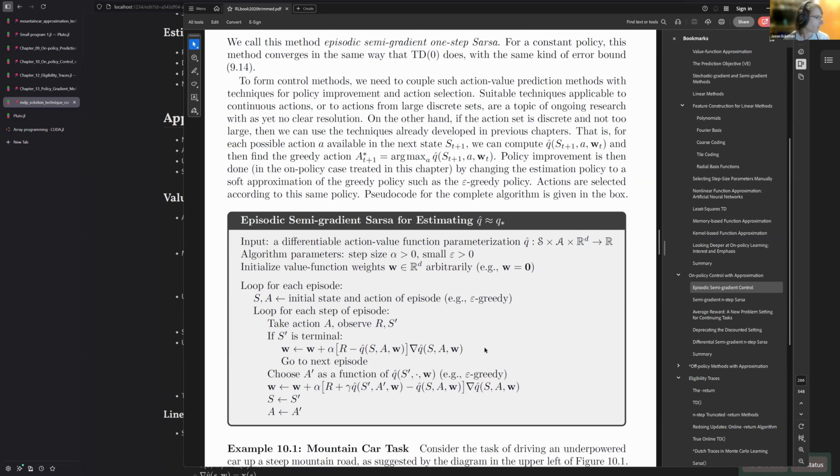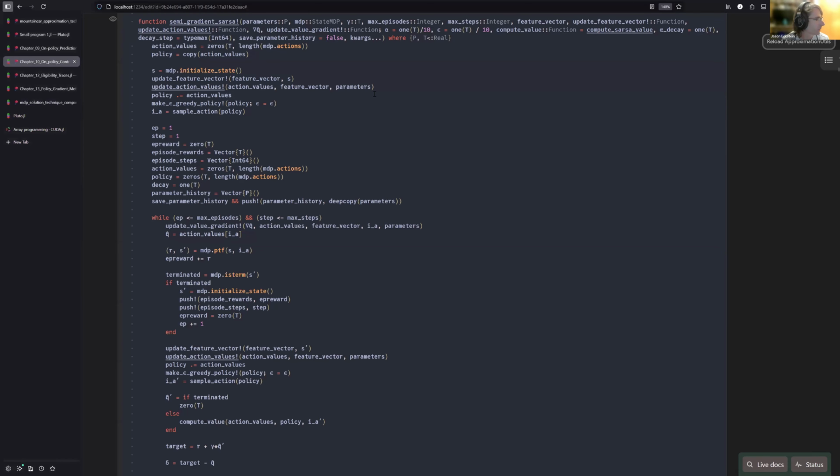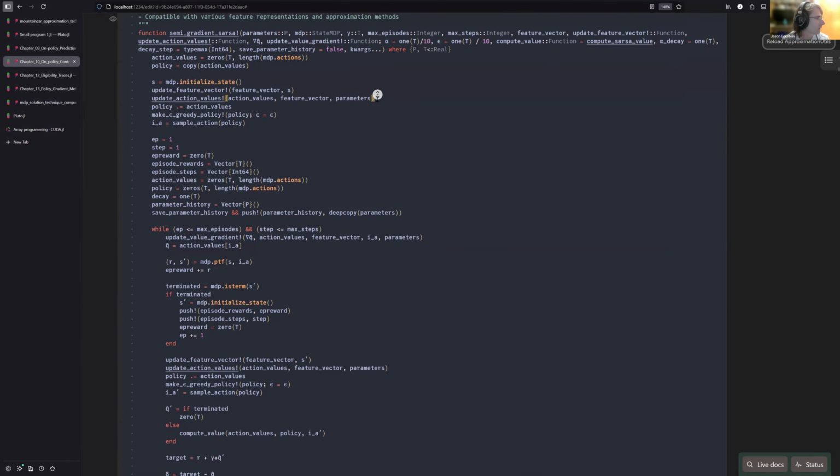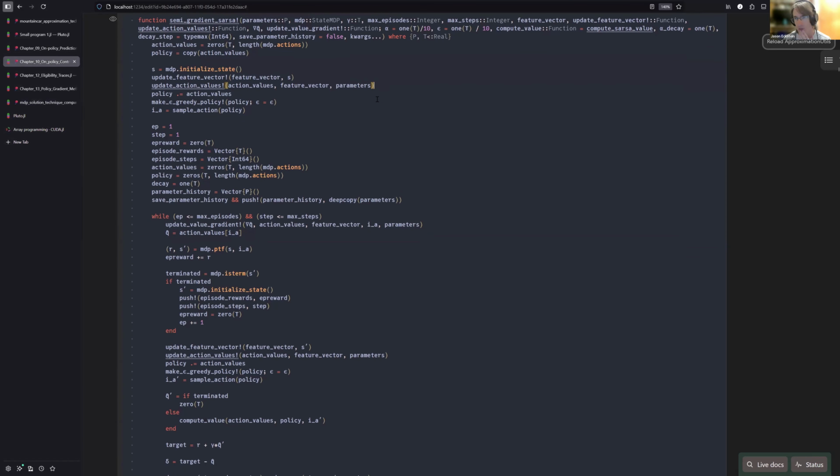Now, we can look a little bit at some more details of how this is implemented. So here's an example of the actual code. This is in the Julia language. If anyone's curious, there are some links in the meeting description about this as well. We have this part where we update the value gradient, and you see this is operating on the feature vector here. So there's a step where we have to do the feature vector update. Then we do this, and then